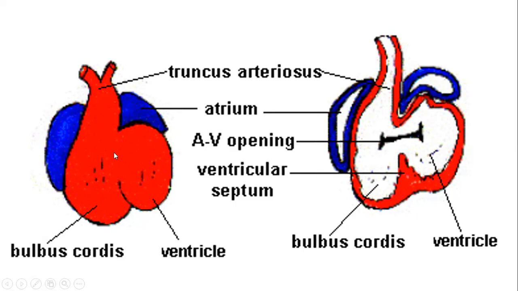If you take a vertical section, you can see there is communication between the primitive ventricle, which develops into the left ventricle, and the bulbous cordis, which will be the primitive right ventricle. So there is a communication between the right and the left ventricle. And the atrium is being divided into two. Initially there is one cavity, now it will be divided into two cavities.